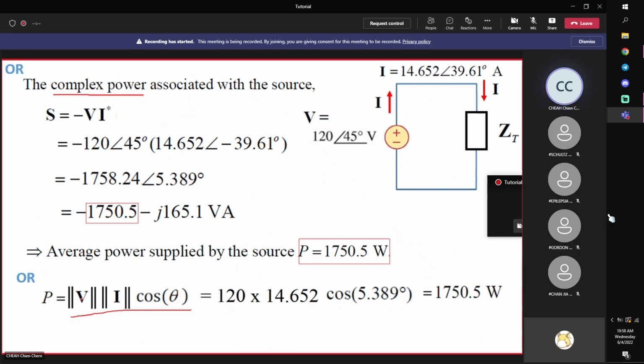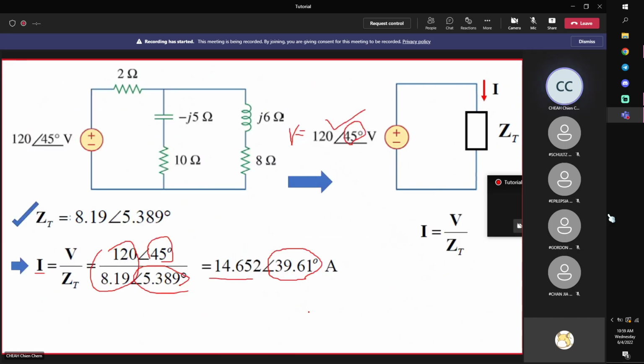That means you find the voltage in phasors, find the current in phasors, find the phase difference between them, and since we use RMS values for question 3, we don't need to divide by 2. So we just use the RMS value of the voltage and the RMS value of your current we have computed,